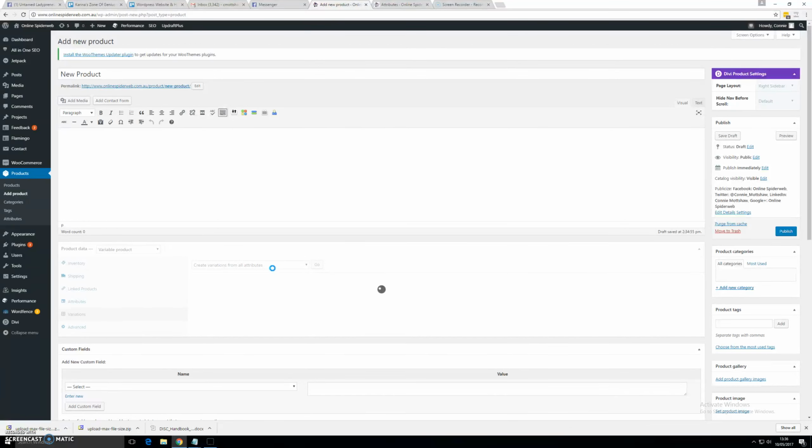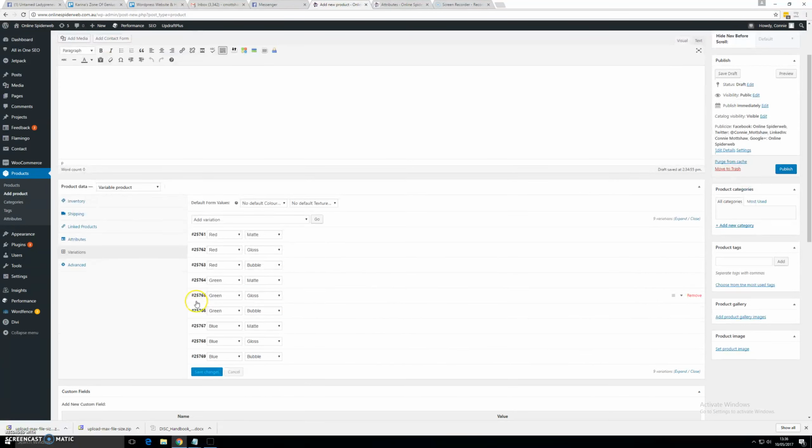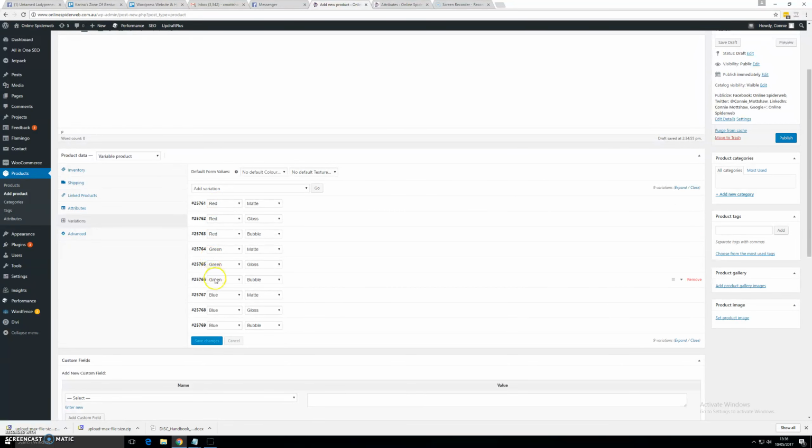While it's populating there, what will happen is we have three of each attribute, color and texture. So that's going to create 9 variations, as you can see here. And they'll all be listed right here. So you've got the 3 colors, red, green, and blue, and each of the different textures that goes with each